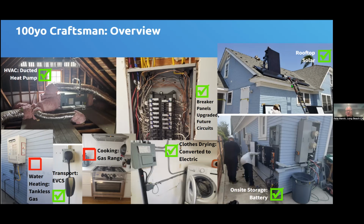So you see solar panels going in on the roof here, and we have panels on the roof of the main house and of the apartment. And we're feeding both properties through the single solar system. And then in the bottom right, you can see the guts and the brains of the system